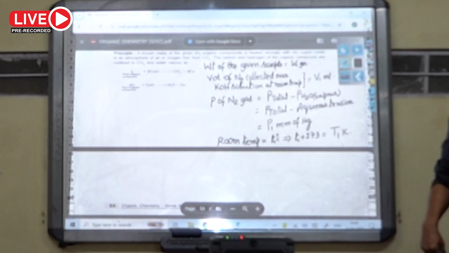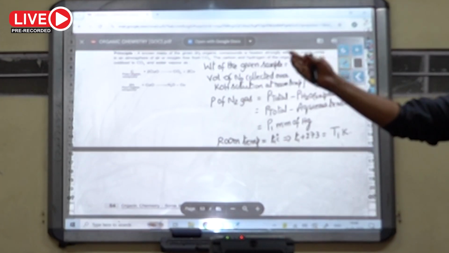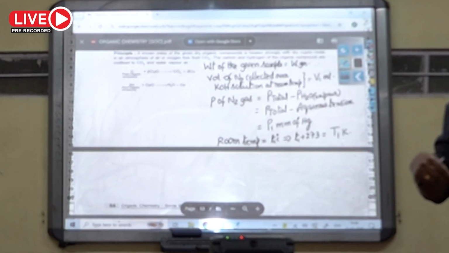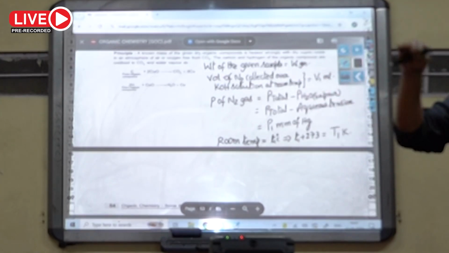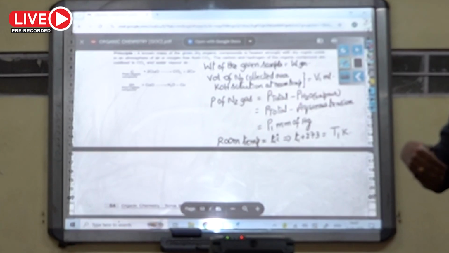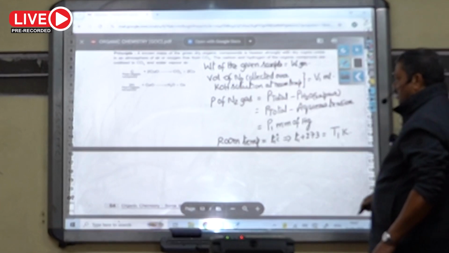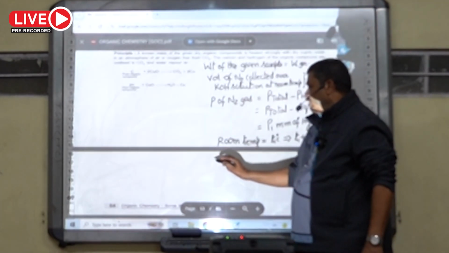So partial pressure of water vapor is known with a new term called aqueous tension. How do you know aqueous tension? Scientists already calculated aqueous tensions, partial pressure of water vapor at different temperatures, and they give a chart. So a standard chart will be in the laboratory. Today's temperature you have to note and see what is the aqueous tension. So from the total pressure, you subtract aqueous tension, you will get pressure of nitrogen gas alone. That is P1 mm of Hg. So by using gas equation of state,